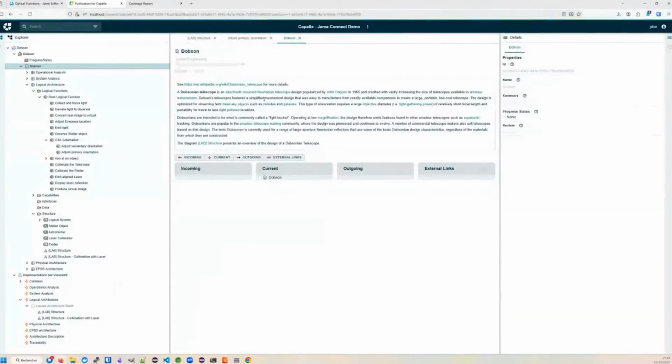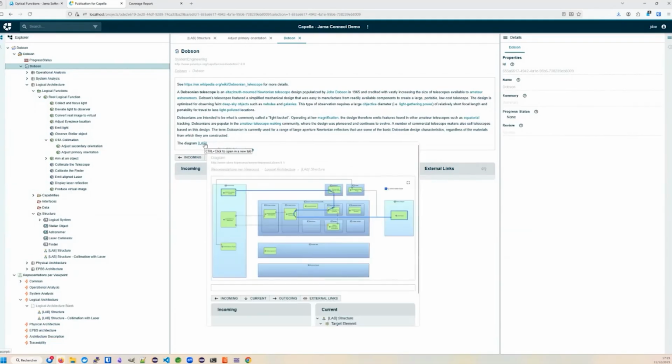The good thing here is that whenever you have something that references a diagram or an element in your model, you also have the preview working whenever you hover your mouse here in the rich text. So that's very handy. And many customers use that to document their model and make it easier for stakeholders to navigate through all that information.